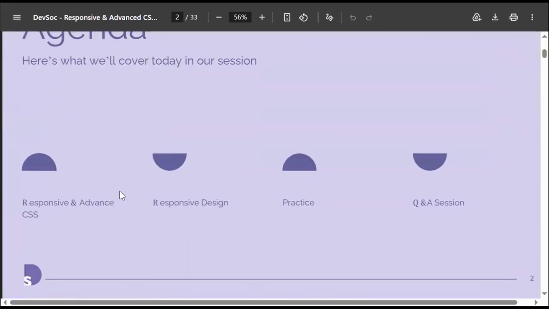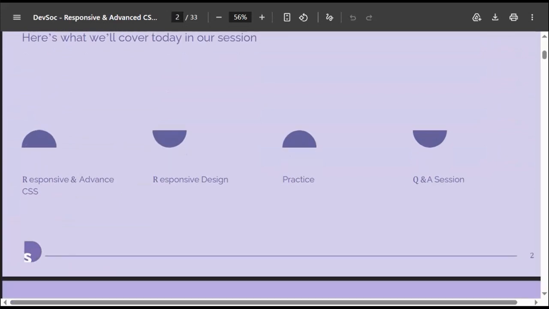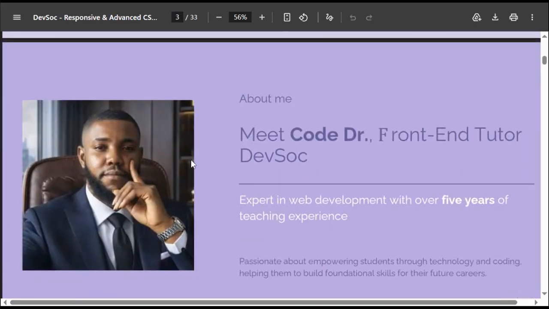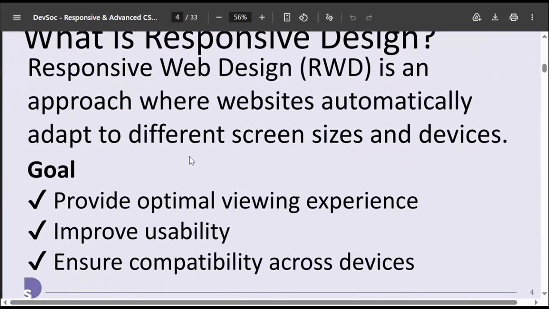Today our agenda is we focus on advanced CSS and responsive designs, and we'll do some practical depending on how time permits us. First question you ask: what is responsive design? A responsive design, which is in short